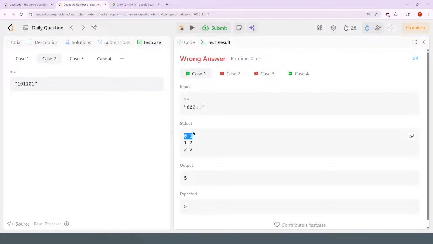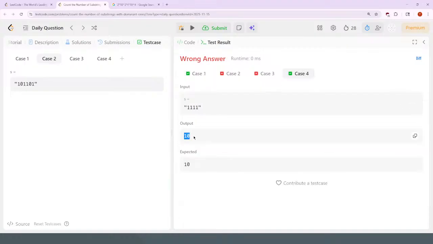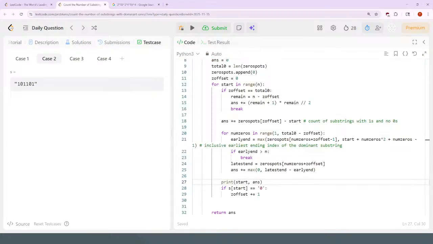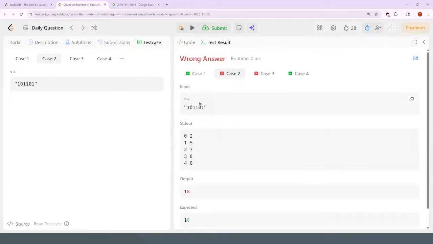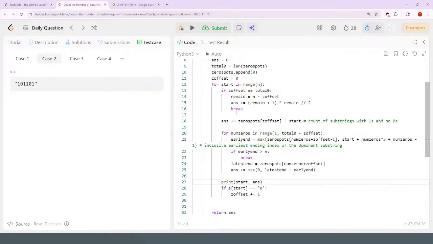Starting at index 0, there's 1, 2. There should be 1, 2, 3, 4. Guess that doesn't work. 5. There should be 5. Okay, so answer increments by